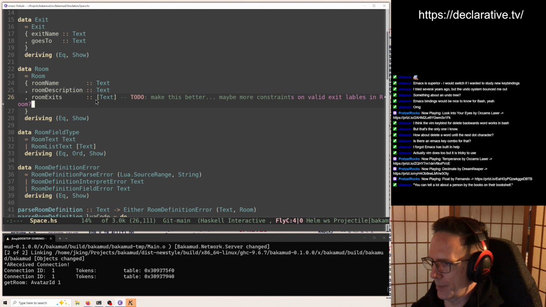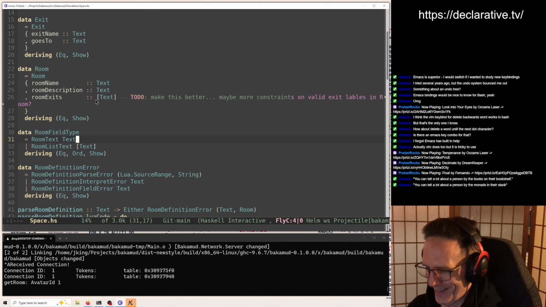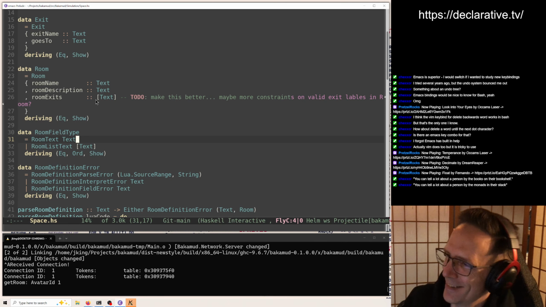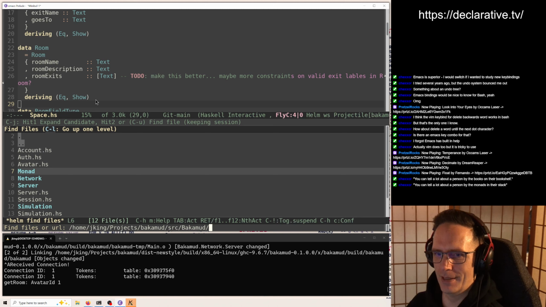Shakespeare says you can tell a lot about a person by the books on their bookshelf. Yeah, I think so. If they have bookshelves these days. And by the monads. Oh, don't judge me by the monads in this stack. You want to see those? They're pretty brutal. It's not huge. It's a very, very small stack, actually.